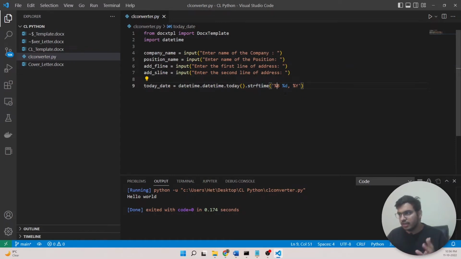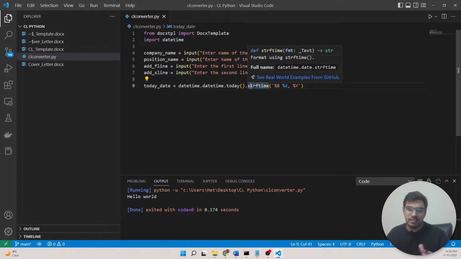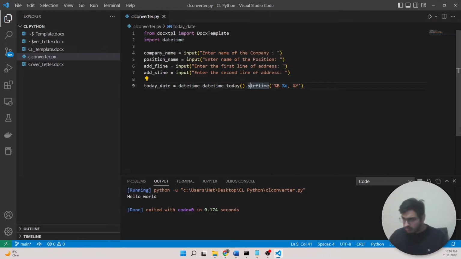So that's why I kept percentage B D and capital Y. If you Google about this method, you will find different format options. You can keep whatever you want. I just wanted the American format, so I kept it like that. And one thing, I want to put all this into one object. I'm giving the name as context, and